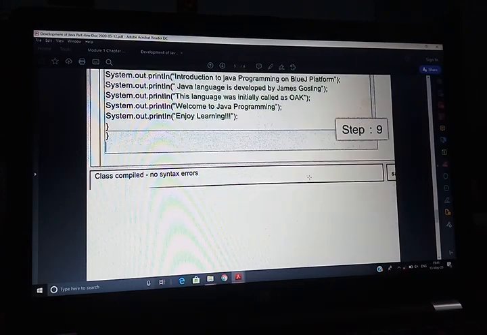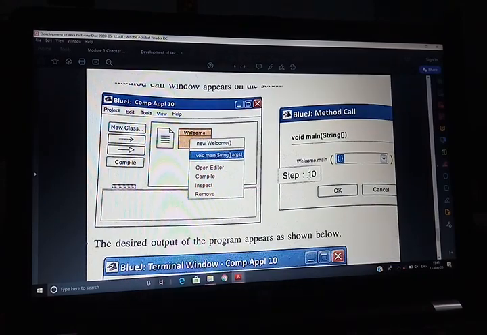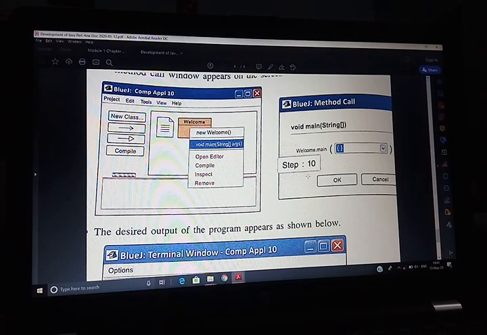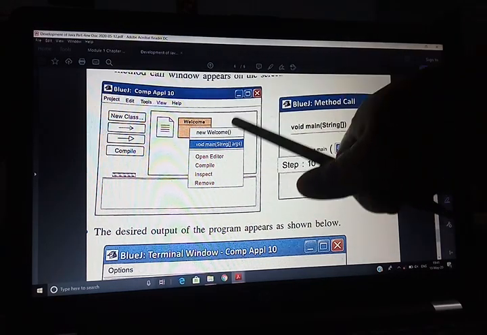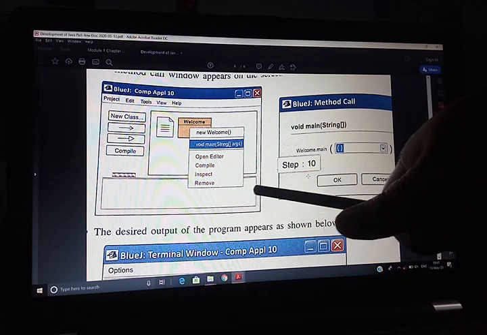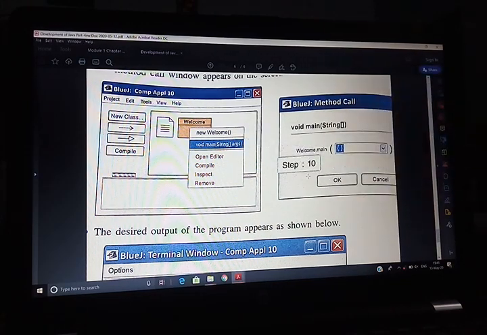After closing, how do we run it, children? For running, first select the icon of class welcome and click the right button. Just remember, click the right button of the mouse. A drop down menu appears. In the drop down menu, all of you see void main is written.